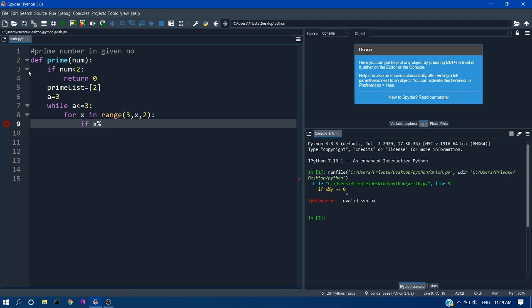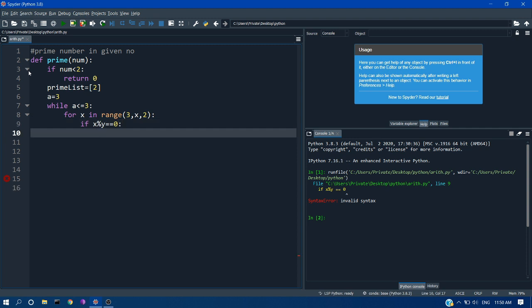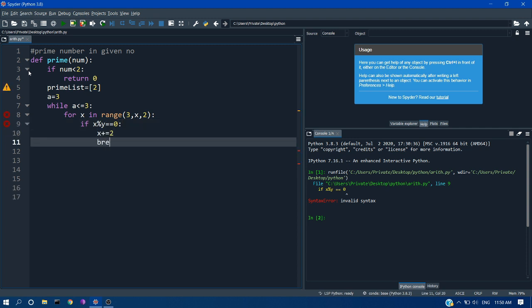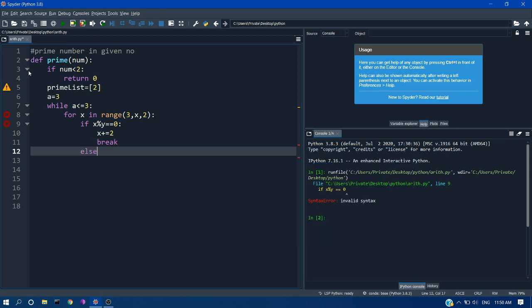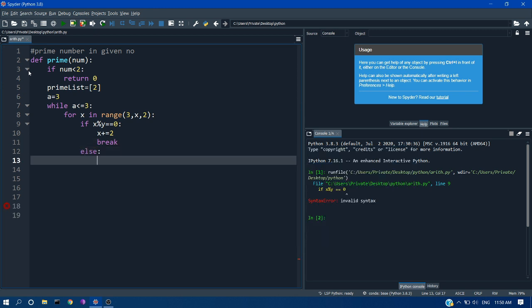So within that, we are just using the modulo function. If x modulo y equal to 0, which means it's perfectly divisible by that number, then we should add 2 to our x. Then we can use our break case. So if you use break, it will come out of the for loop.